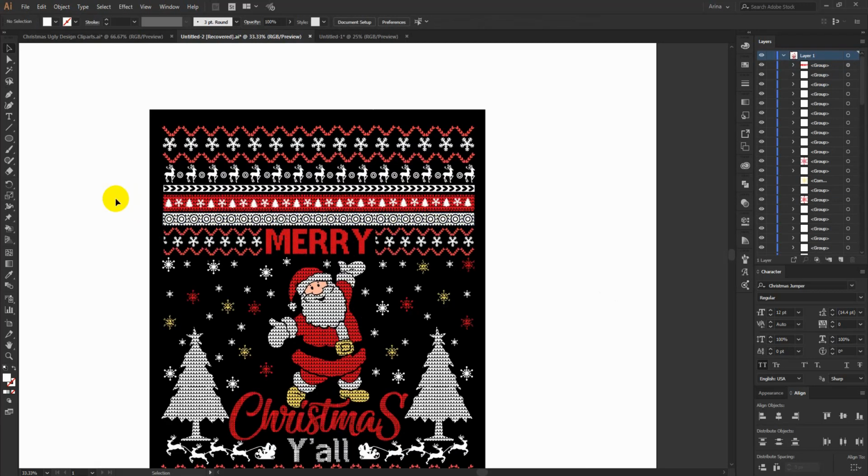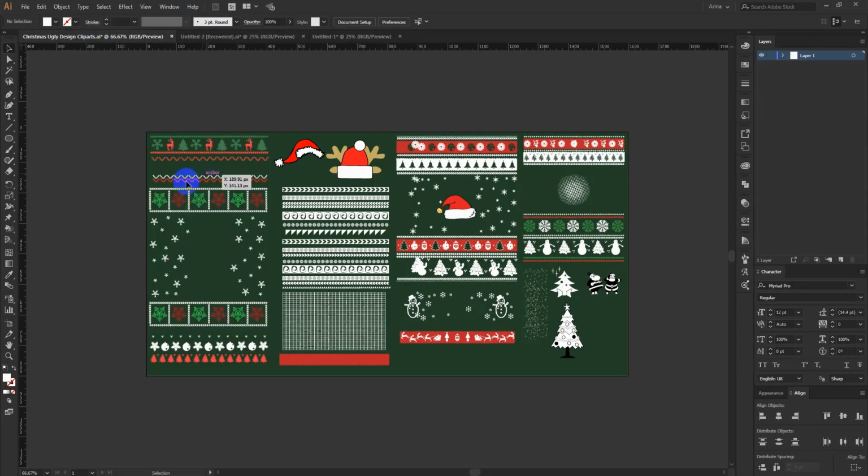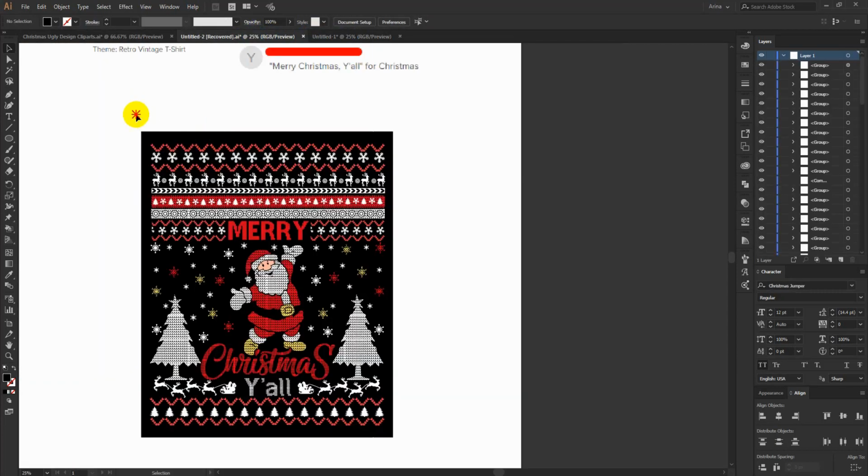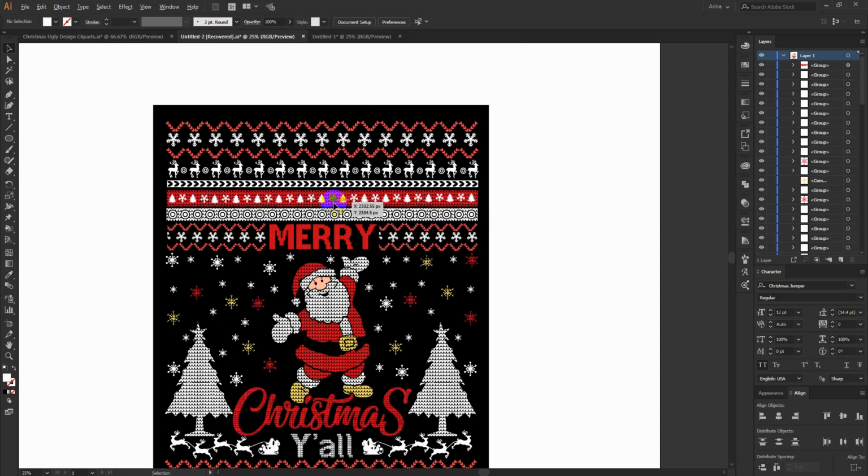I am going to show you how to make those patterns, and the rest of the elements here are from this vector. You can use anything from here, just don't use them as they are. You just cannot take them as a design and put something inside there, that could be copyrighted. So just take elements from here and arrange them in some other style. Like here I took that deer, then this circle here, or I placed this one here. So that is what I am going to do here.